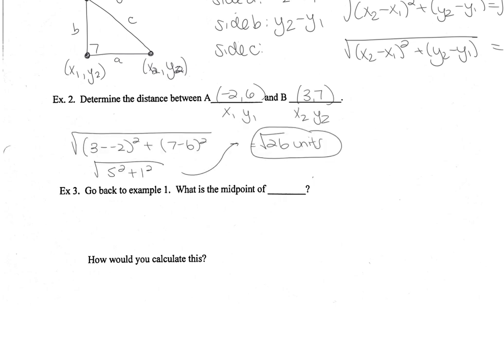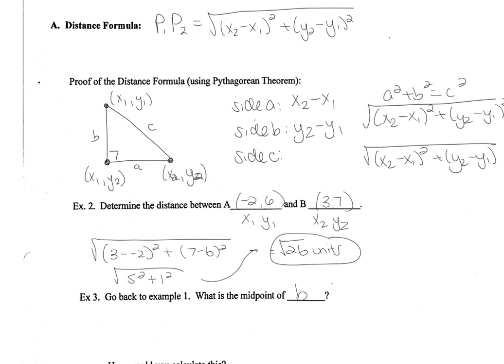Okay, so after plugging into the distance formula, I end up getting the square root of 26 units. Now I'm going to go back to example 1 at the top, with our sides A, B, and C, and I want to find the midpoint of side B. So let me scroll back up, and say that I'm looking for right in the middle of this example up here